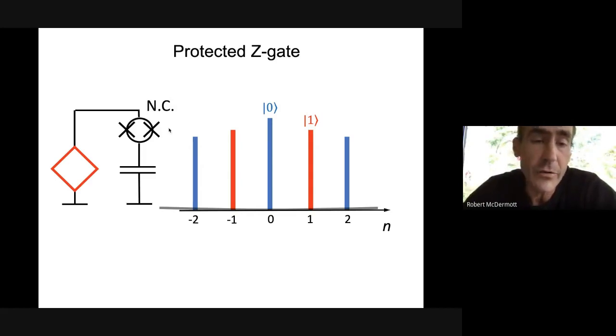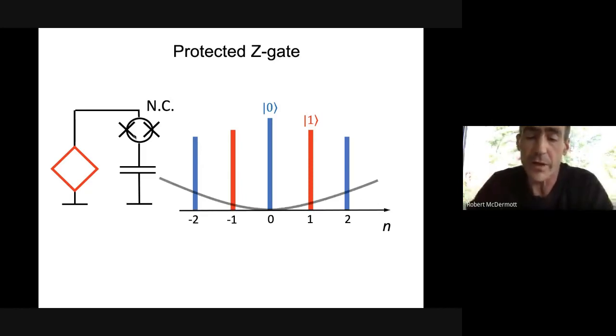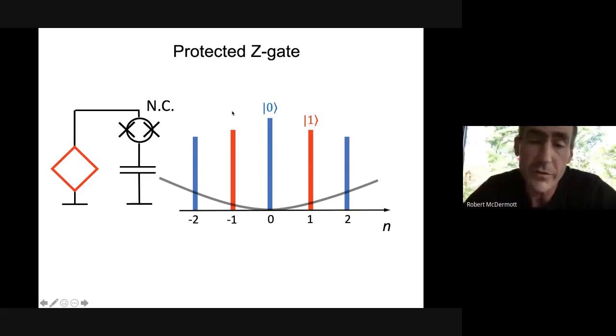If we then start to open up this squid switch, then in the charge basis, we've got some charging energy that we're modulating, and that's going to force these different components of the charge wave function to accumulate phase at